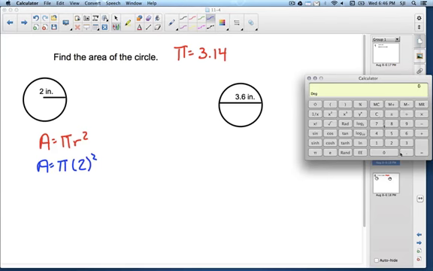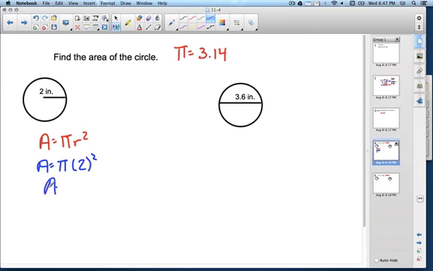So with my calculator here, I'm going to go 2, and see this button over here, x to the second power? That automatically squares the number that you've already put in the calculator, or you can just push the multiplication sign and then multiply it by 2 again. So squared, and then I'm going to take that answer and multiply it by 3.14. And we get 12.56. So that means the area equals